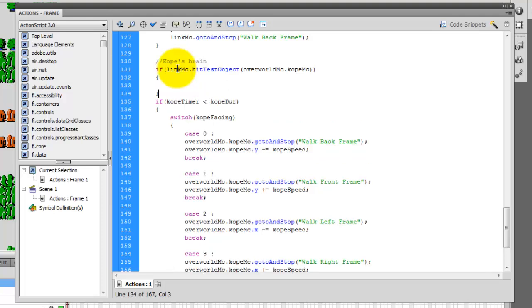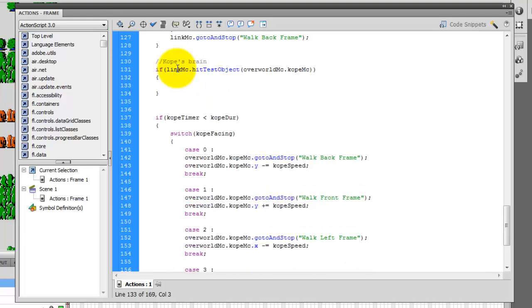Let's press enter a couple times to separate those a little bit. If Link touches Kope MC, which can be found inside Overworld MC, do blah blah blah. So this is the typical format to do a hit test. Inside the curly brackets, I'm going to type my text.text, with lowercase letters, equals